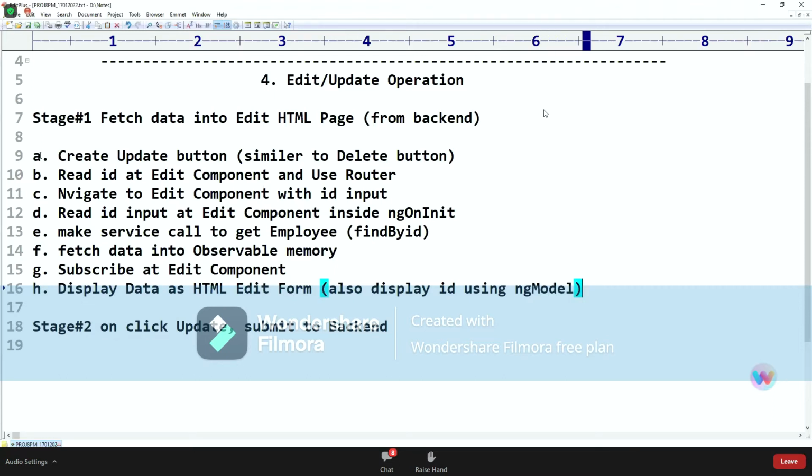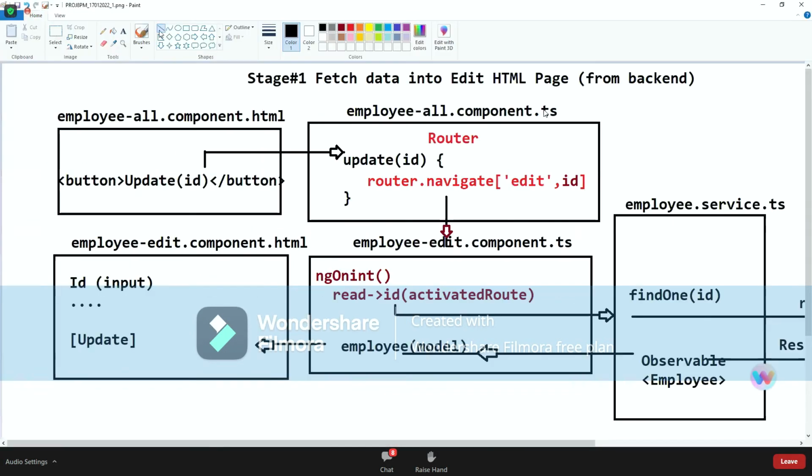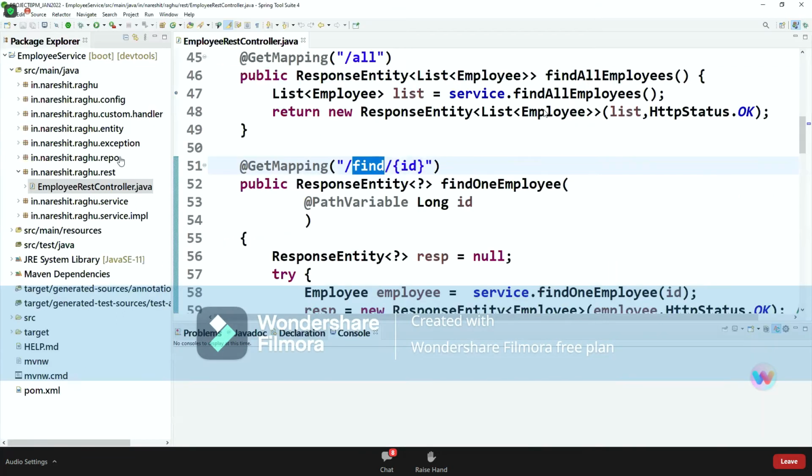This is stage one I'm doing. Observe. We'll finish this one, then we'll come to the update operation. Let us first of all create one hyperlink here, that is a button. If you run the application, observe how it looks.